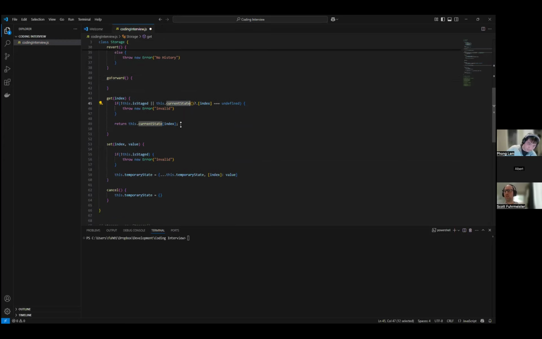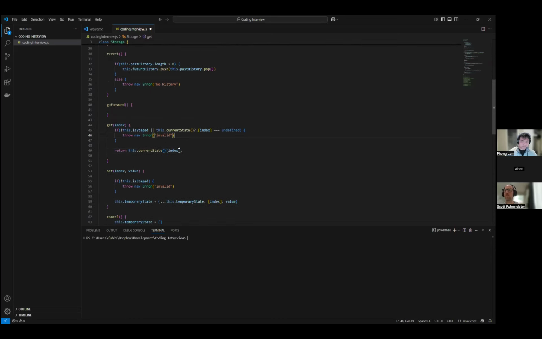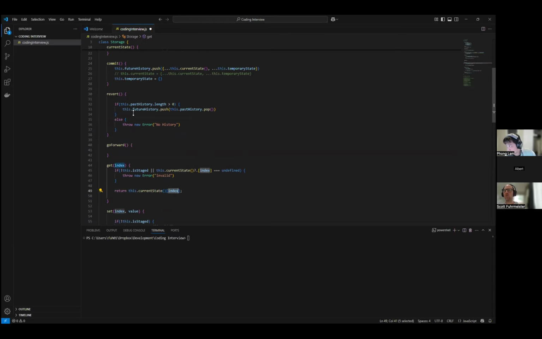So now the current state. If that, then we return, instead of current state, it's now, oh yeah, it doesn't matter. So we can just convert it to a... So this will actually return the last element of that. Okay, so reverting pushes the... but with the other, we're pushing the top state. Yeah, that should be okay.